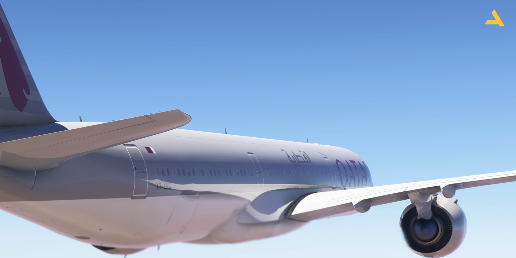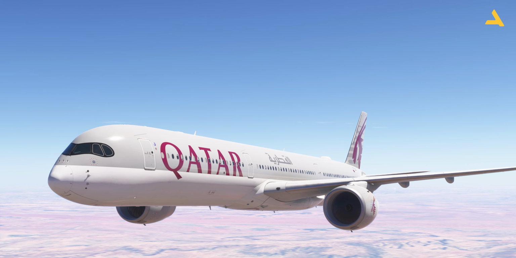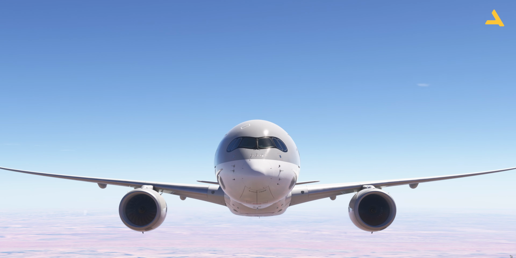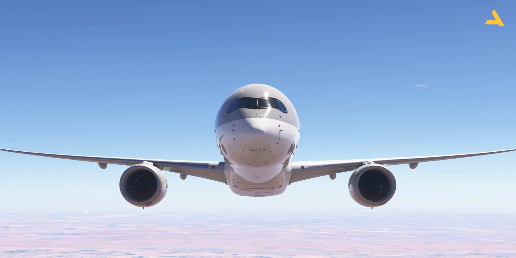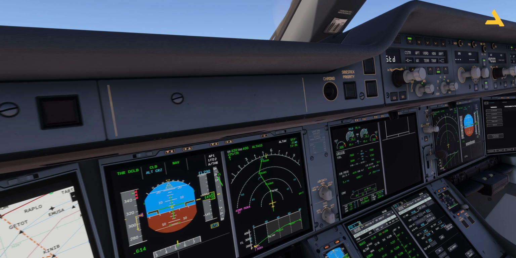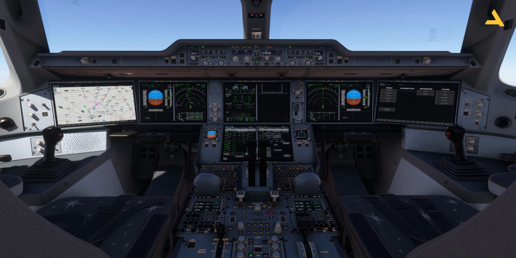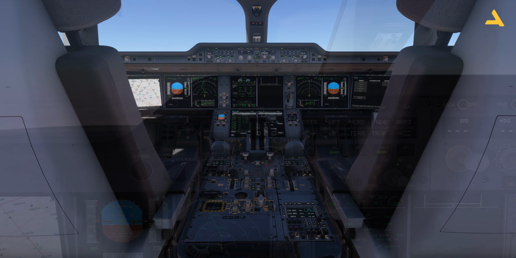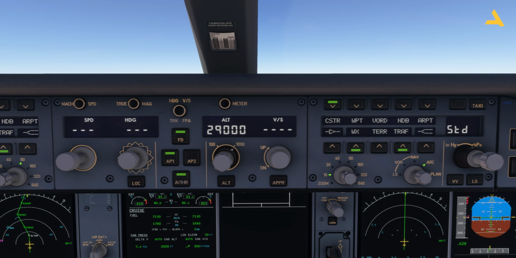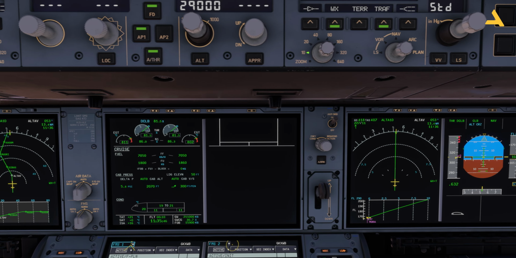Before this, I've uploaded videos in which I've shown you how to carry out the maintenance of this plane and how to configure the EFB and the FMS. I will also be uploading videos in which I will show you how to perform takeoff and how to fly this plane on autopilot and how to perform an ILS approach and landing. This is a very nice study level plane and it's got many functionalities, so that's why I'm just trying to break down all the information into different videos which will make it easy for you to look for a specific information on my channel. Today I will be doing this short flight from Riyadh to Qatar and the plane is